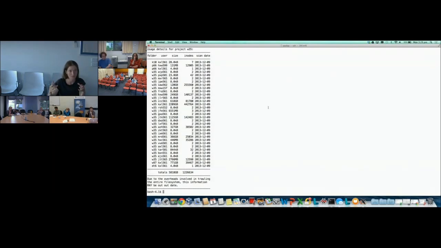So it's actually the sort of calculation that NCI is doing when they look at whether you pass your short quota or not, or if your group has passed your short quota.